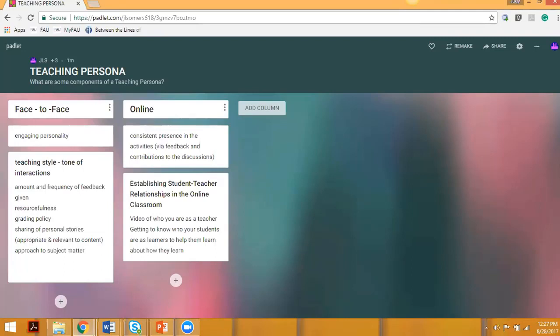When I put these two pieces up there, in my mind I was thinking there was a difference between how we come across when we're face to face and how we come across online. But as I looked at what you read, it occurred to me that maybe there isn't a difference. With regards to what Domenica mentioned in the online one, the consistent presence in the activities, we had